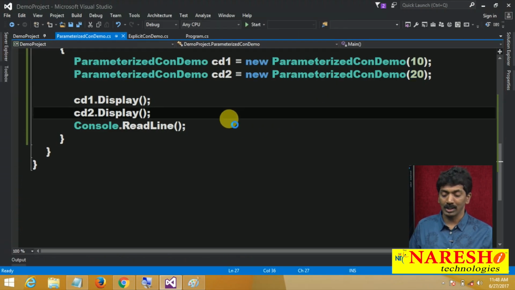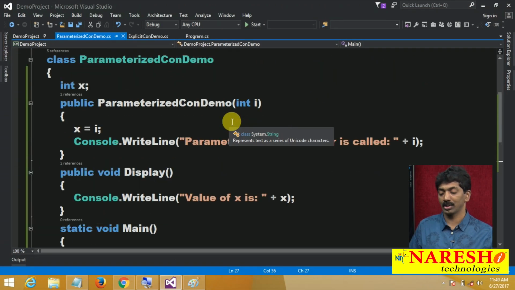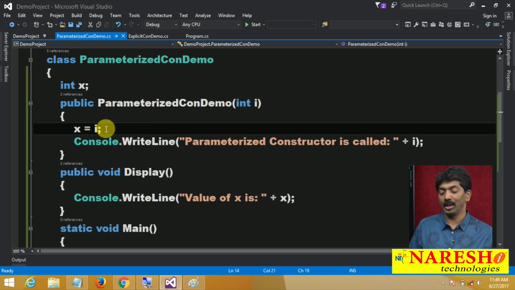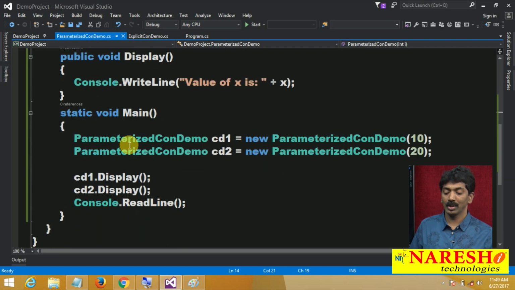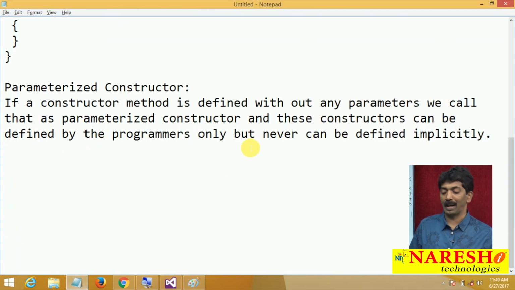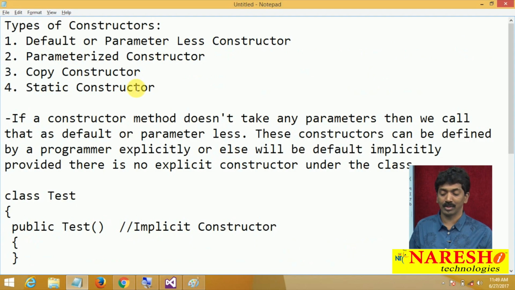Like this, we can use parameterized constructors and initialize the variables present inside the class. Two instances are created, and they have two separate values. So this is what we call a parameterized constructor: a constructor with parameters, and this can be defined explicitly but cannot be defined implicitly.